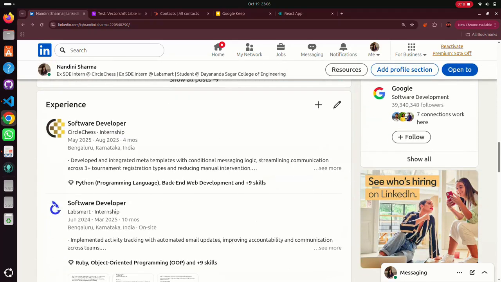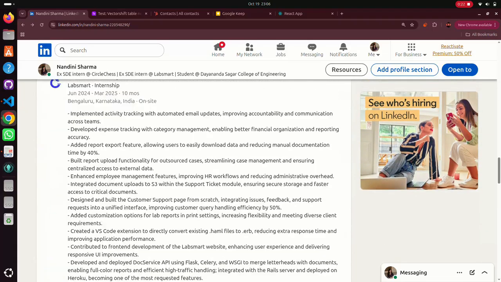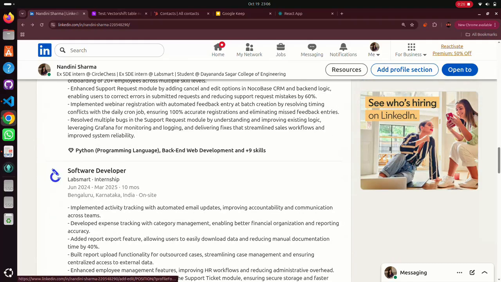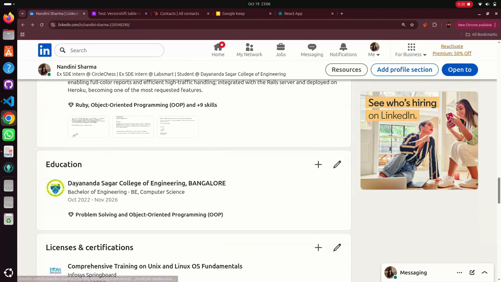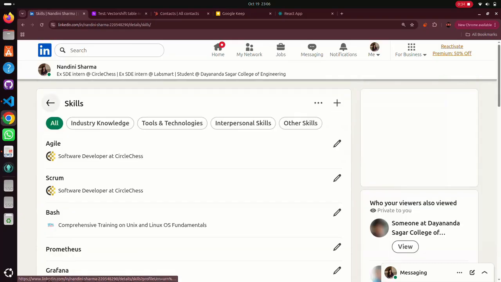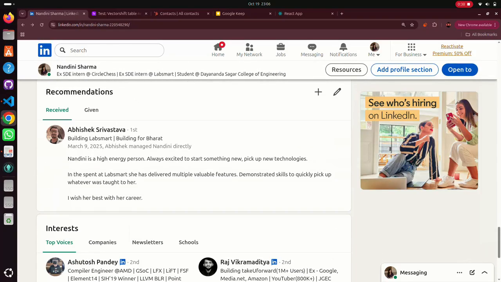I have a collective experience of 1 year working in two startups, and one of them was Circle Chess and the other was Lab Smart. Here is the summary of the notable things that I have done over there, and here's the list of the skills that I have garnered. And this is the letter of recommendation that I received from one of the CEOs under whom I worked for